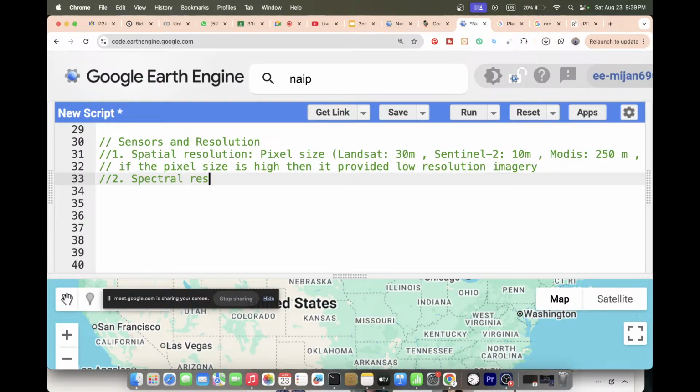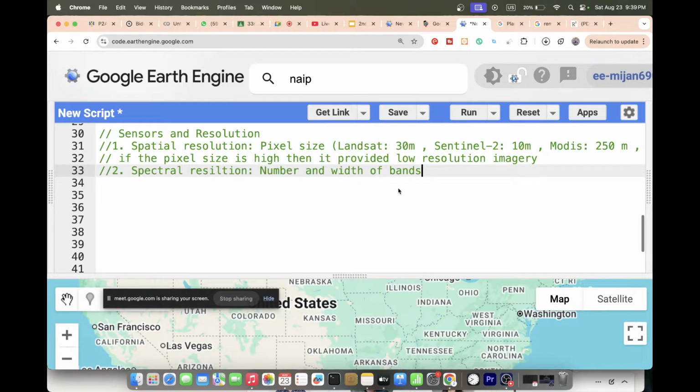Spectral resolution. Okay, so what is the spectral resolution? Spectral resolution basically is the number and width of bands. Suppose in this case, if you check, how many bands are available in the Landsat or